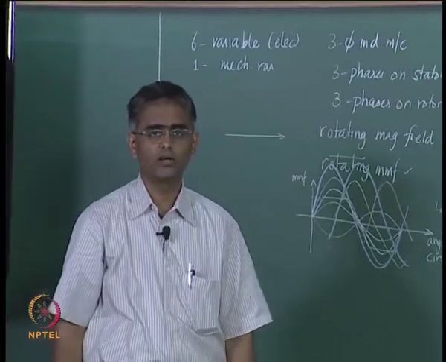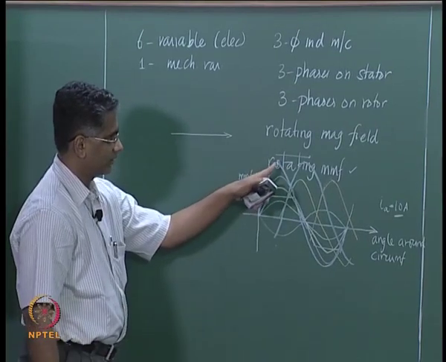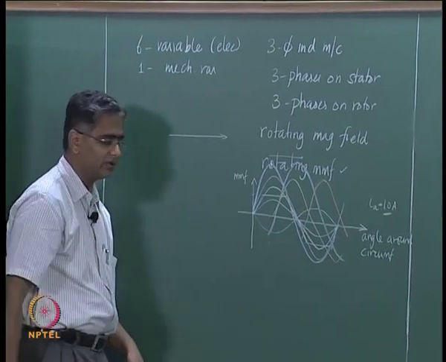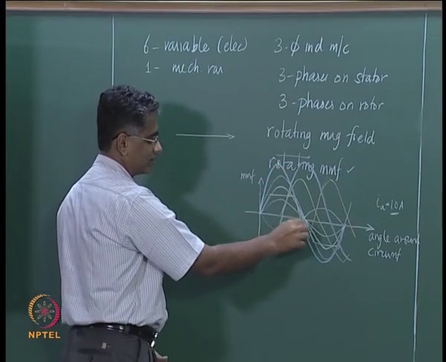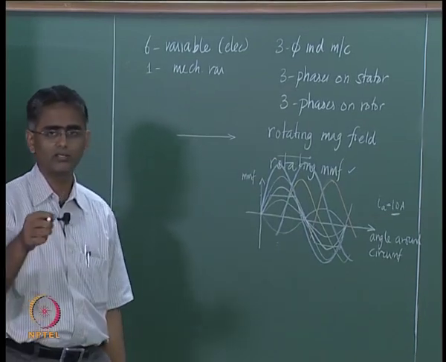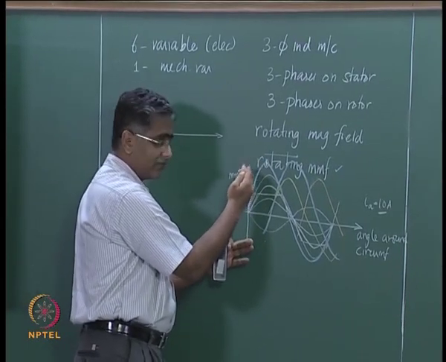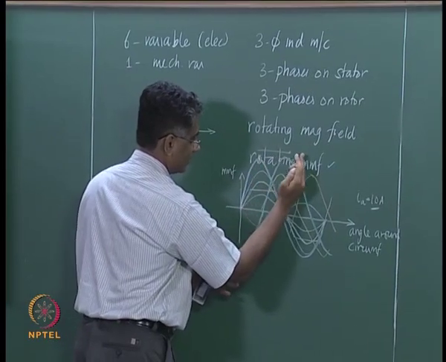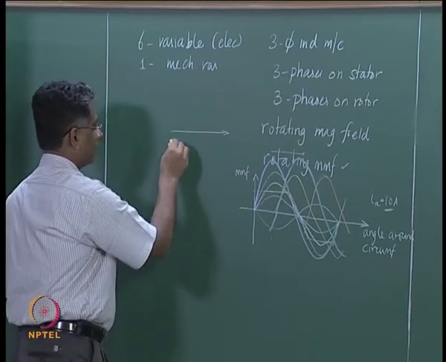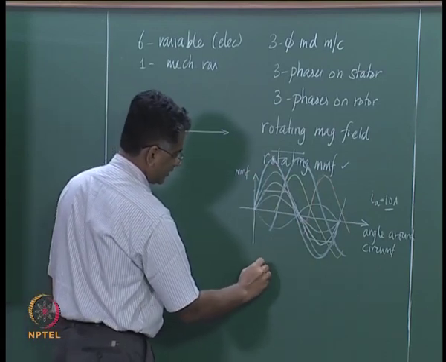degrees as you travel around the circumference, then the instantaneous amplitude, that is, this is a sinusoidal distribution around the circumference of the machine, and this sinusoidal distribution of the net MMF will have its maximum amplitude occurring at some particular angle, and at different instants, this is going to occur at different angles, and hence you say that it is rotating, which therefore means that one can describe this net MMF as, for example, one can call